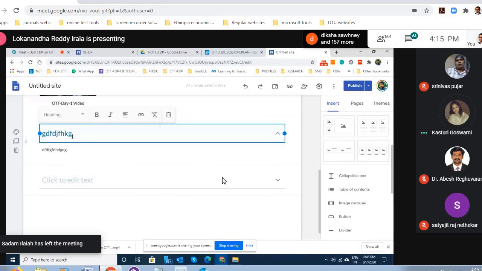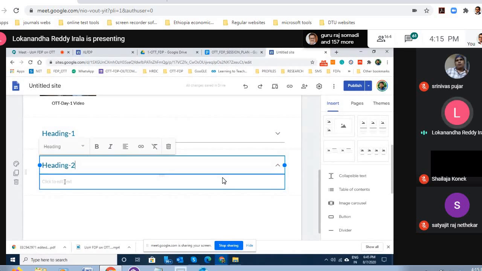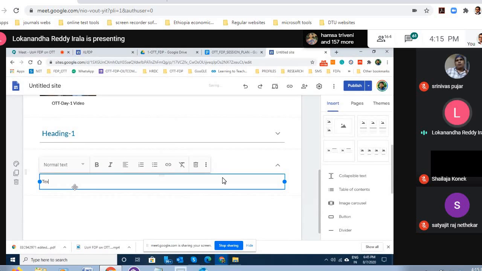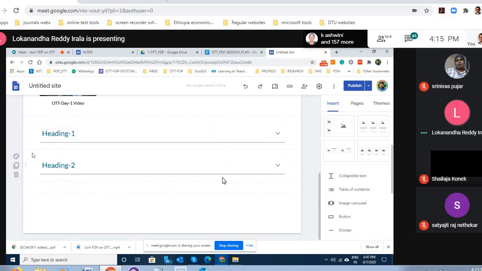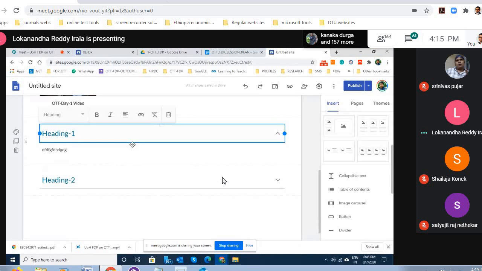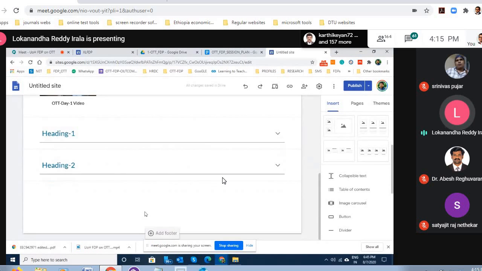Here let us say heading 2, and here is text 2, and under heading 1 you have text 1. So a collapsible text is something like this.